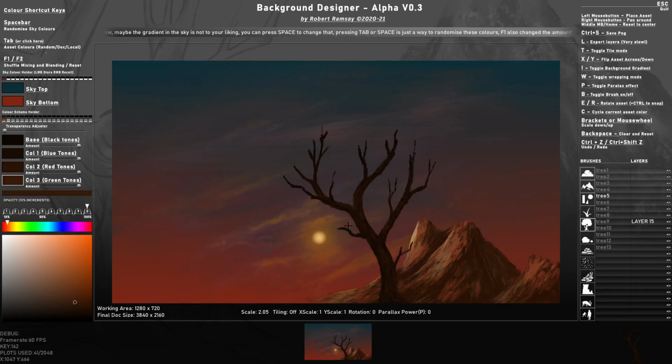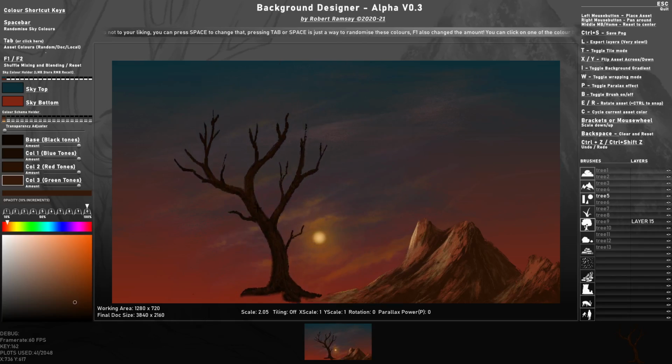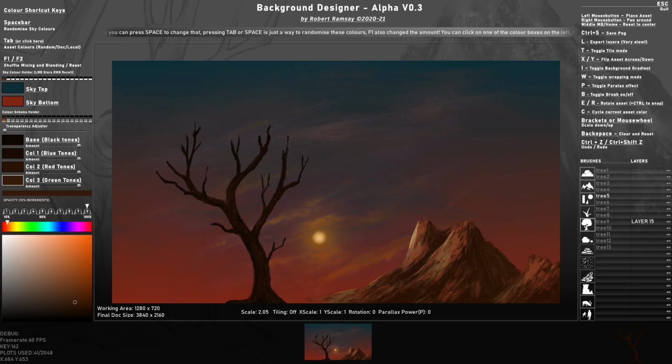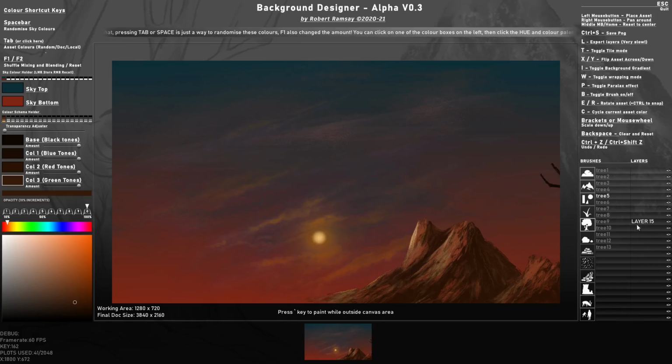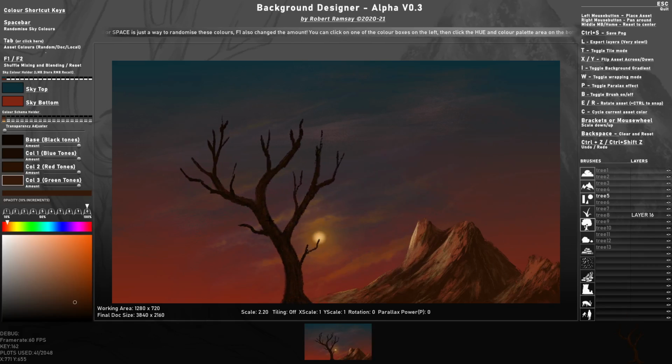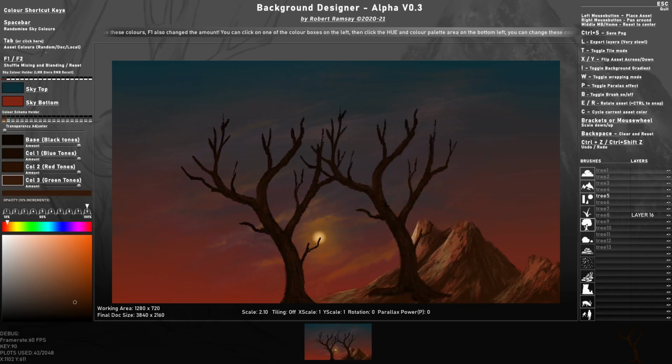Now later I'm going to give you the ability to make your own brushes within Background Designer, as well as import your own ones, but you should really follow that system that I've created for the effect to work. I'm just going to click that a couple of times,